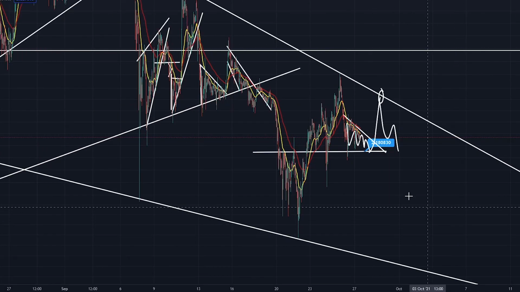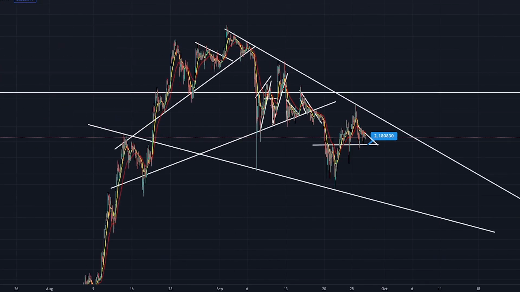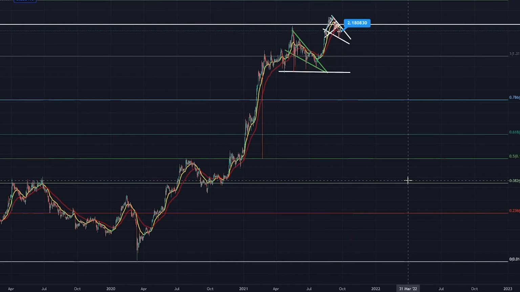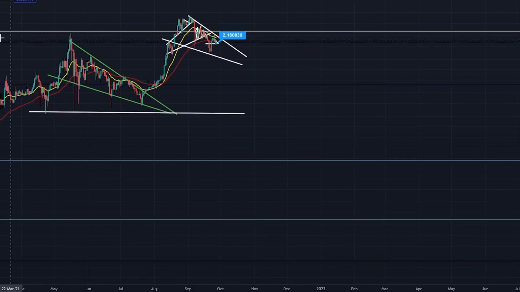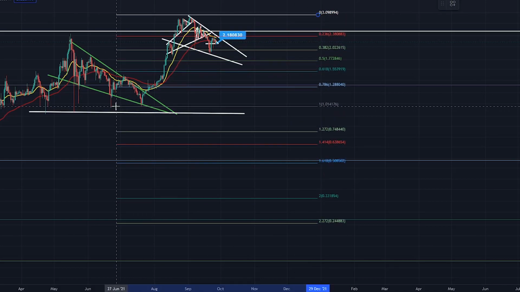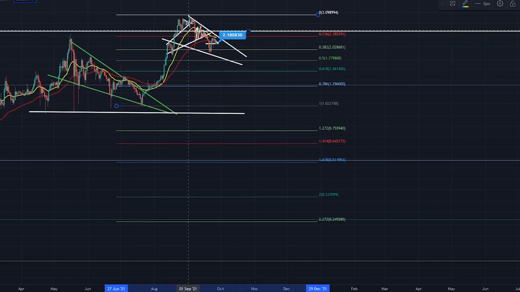Okay, so where is the technical target that I do think Cardano could potentially come down to? I think I did put it in a previous update for you. We're retracing, aren't we? So a nominal retracement level here for Cardano, if we take a look at this impulsive wave that we've just gone through. So you've come up an impulsive wave and you retrace into a key level of support.